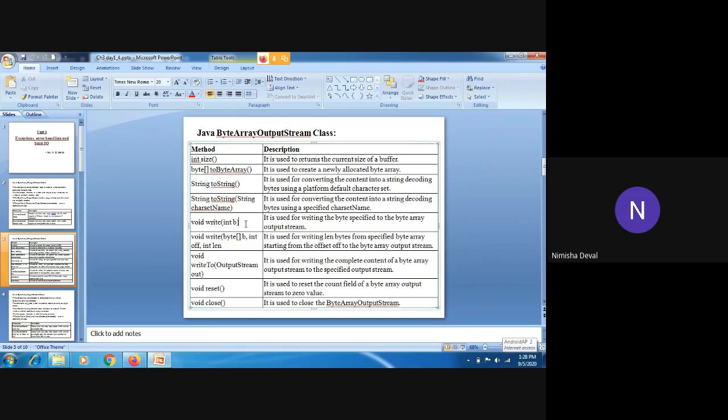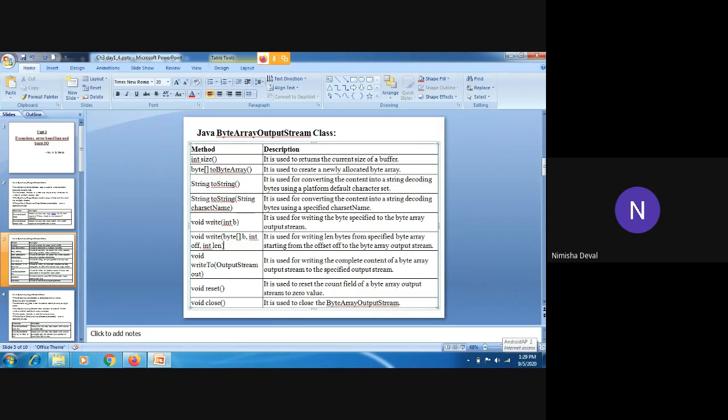Then the third one, write, in which one parameter is provided. It is used for writing the specified byte to the byte array output stream. That's why this b is provided. Then the second write method contains three parameters: byte array b, integer offset, and integer length.